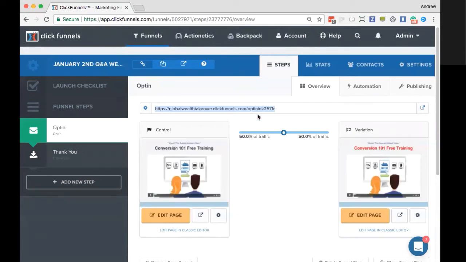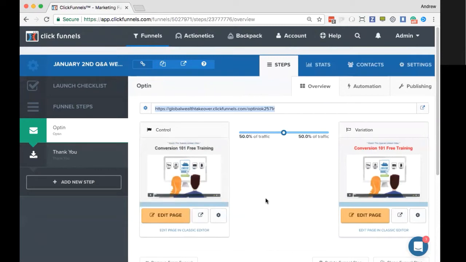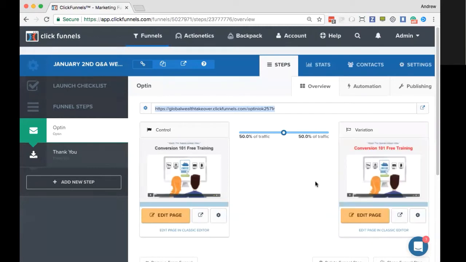So if I were to go to this page live and then a couple seconds later just load it again in the same browser session, I'm going to see the same page because I am cookied. However, if I were to go to this page on a private browser, a different browser session, I should see a variation on the condition that that one is the one that is going to be served first.